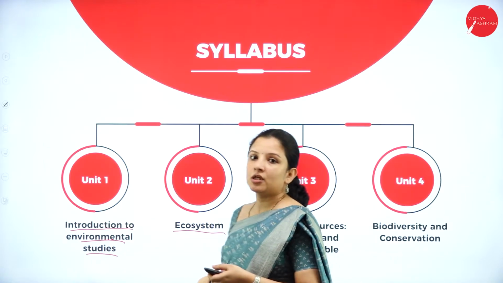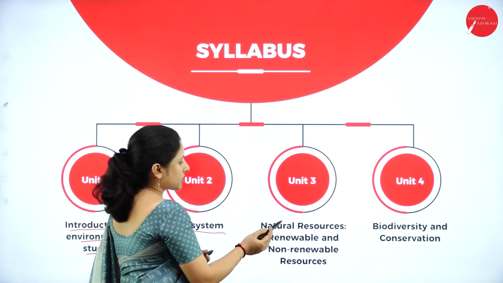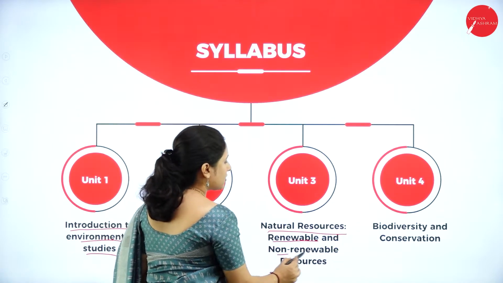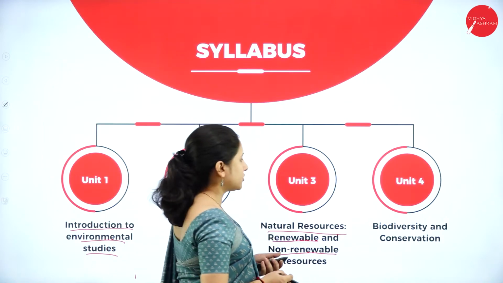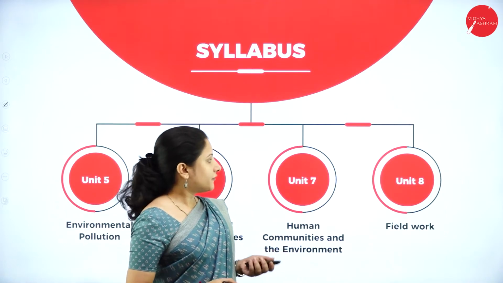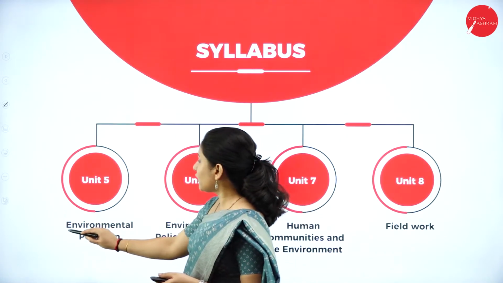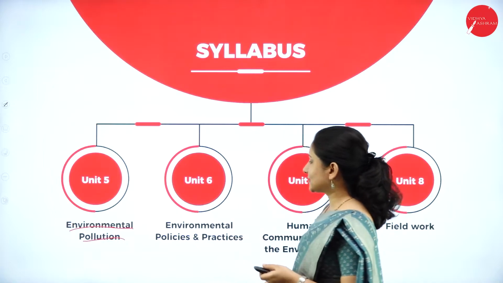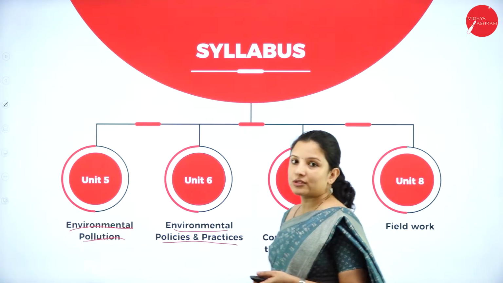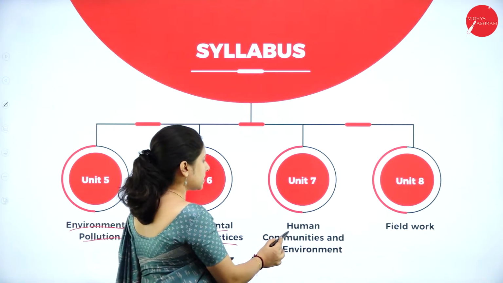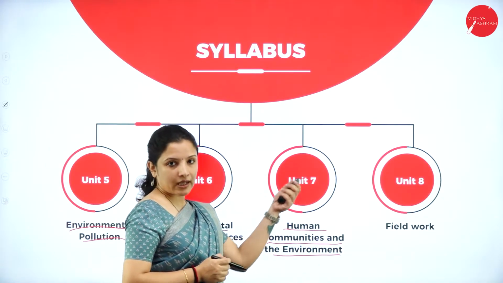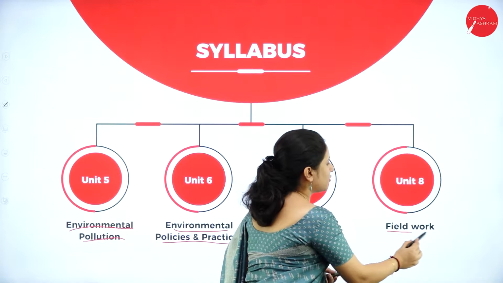the ecosystem. The unit 3 which talks about the natural resources, that is the renewable and the non-renewable resources, and the 4th unit is about biodiversity and its conservation. The 5th unit is about environmental pollution. The unit 6 is of environmental policies and practices. Unit 7 deals with human communities and the environment, and the 8th unit is completely of field work, which is